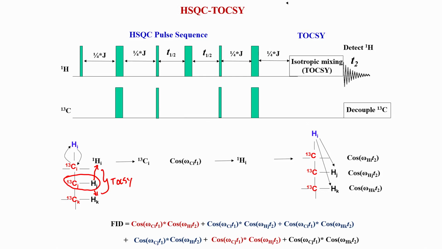So, HSQC TOCSY is a very beautiful experiment which helps us to find all connectivity between all protons and all carbons, and that is something you will not get in a regular TOCSY, neither will you get it in a regular HSQC. You need this combination HSQC TOCSY to connect all carbons with all protons in a given spin system. So, you have to remember this is only in a given spin system. If there was a break here and the remaining carbons were away from the break, we cannot connect that. We can connect only within a family of coupled protons.